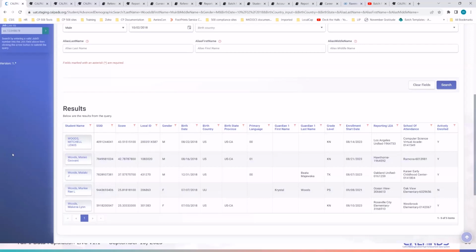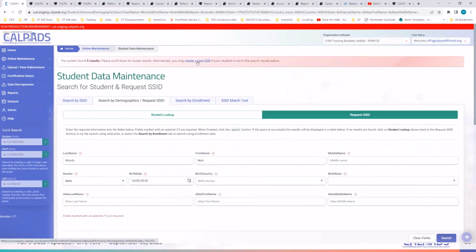Number one is obviously the student's name, the birth date, and then if all matches, you also have to look at the guardian first and last name. So if there are no matches, then you can go ahead and just proceed and create a new